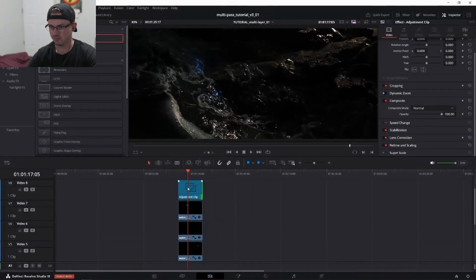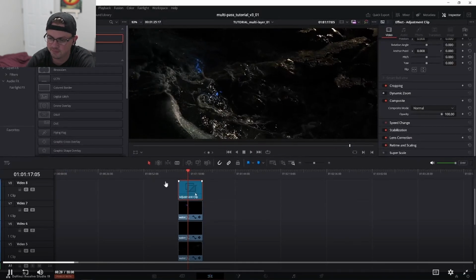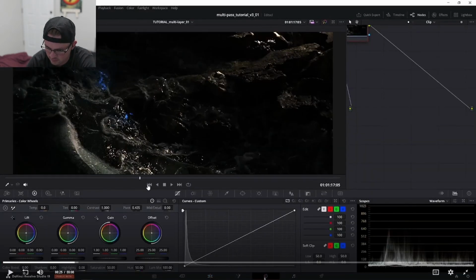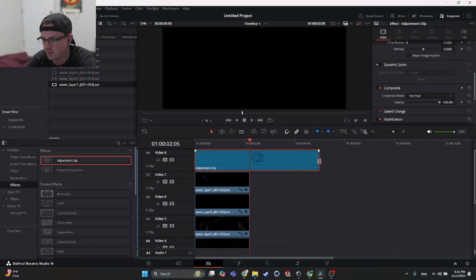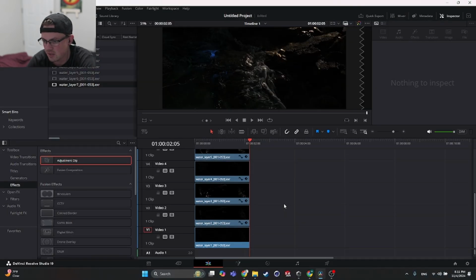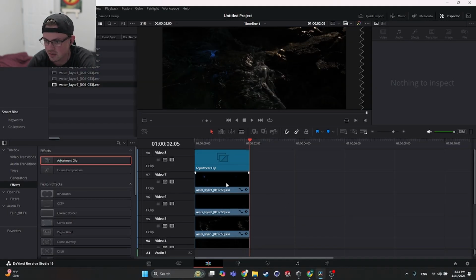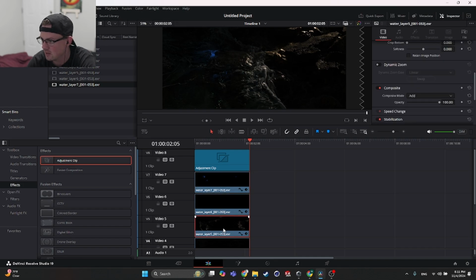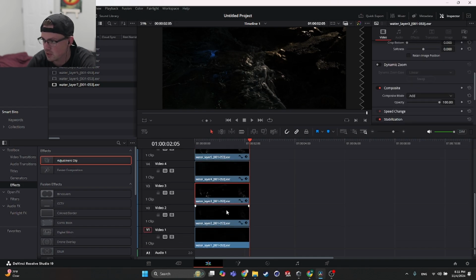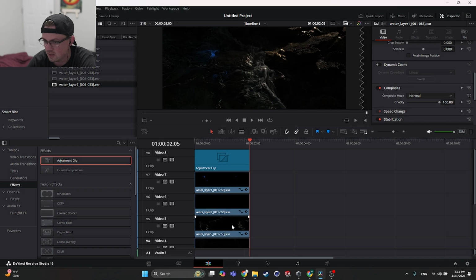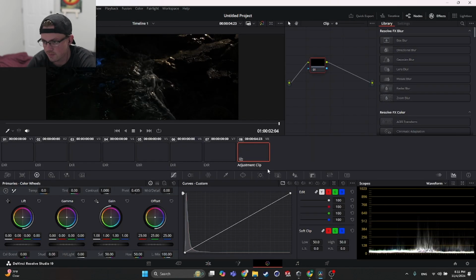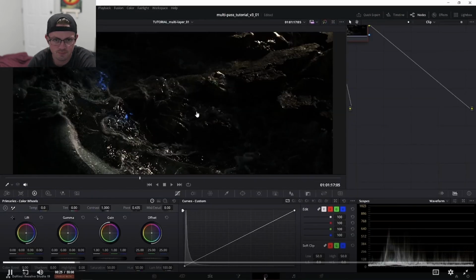Then we can just select it and open the color tab where all the color adjustments happen, or most color adjustments happen. Alright, so we'll just clip it there. We have all of our layers. They're all on add. Just double check. Yup. And then we go into color. All right. In Resolve